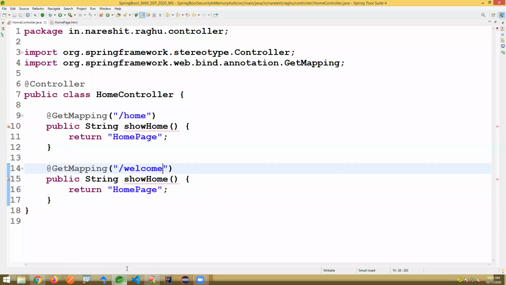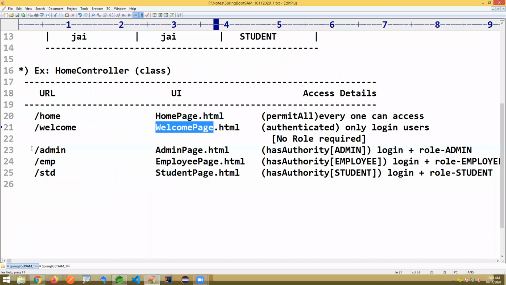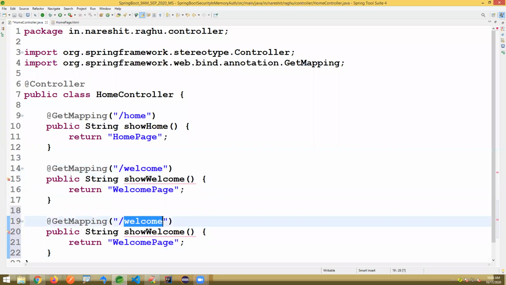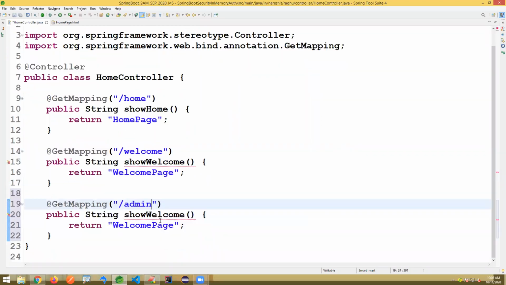When you enter /welcome, go to the welcome page, showWelcome. Adding /admin page, showAdmin.